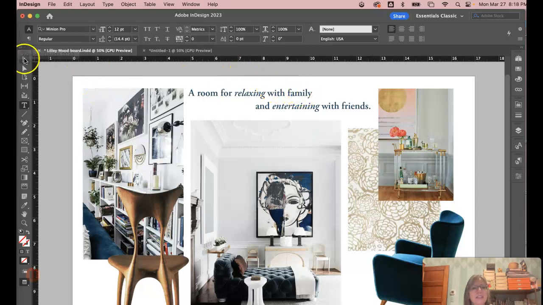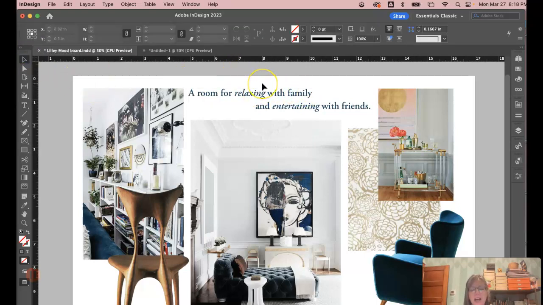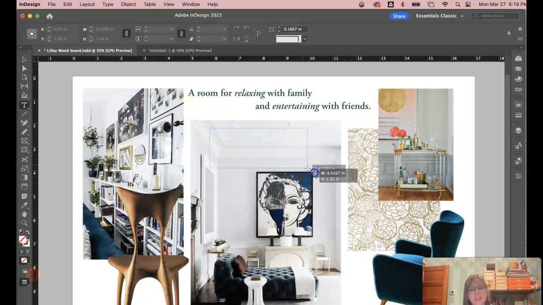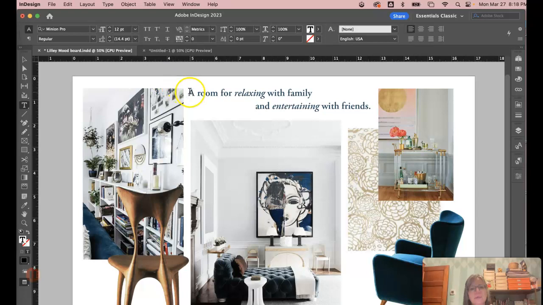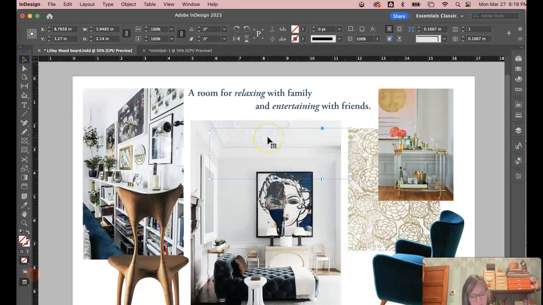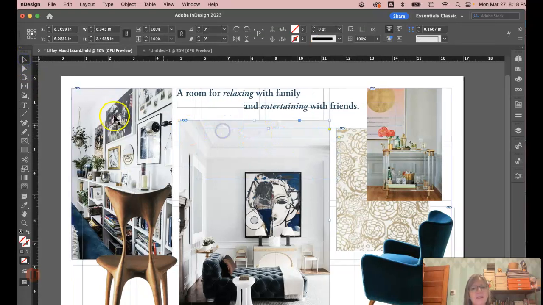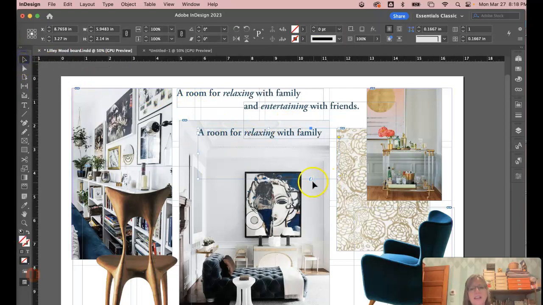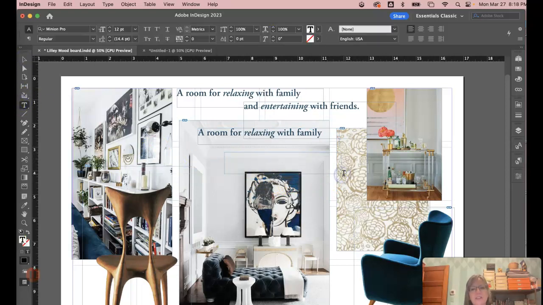So to create this text, I showed you how to create text boxes earlier. So I'm going to go back to my T tool. I'm going to click and drag, and then I'm just going to copy this text here. And if I hit the W key, you can see my text box here. So I'm going to click in my text box to get that cursor showing up, and I can just paste that text. So I pasted that text, and then I created a second text box, and I typed out entertaining